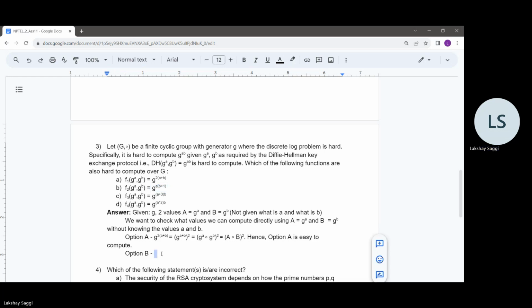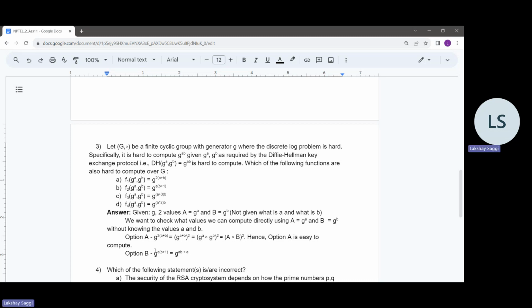So, what is the option here? It is something like g raised to the power a times b plus 1. And it can be written as g raised to the power ab plus a,